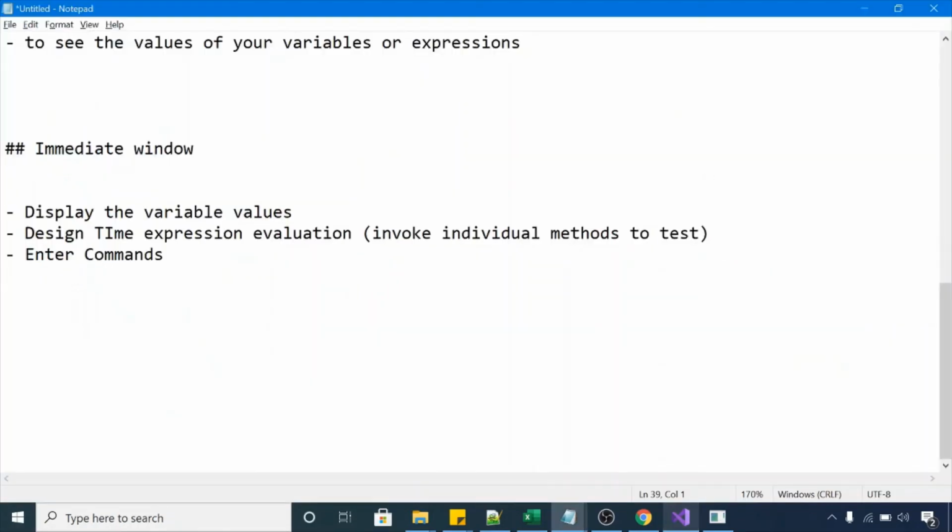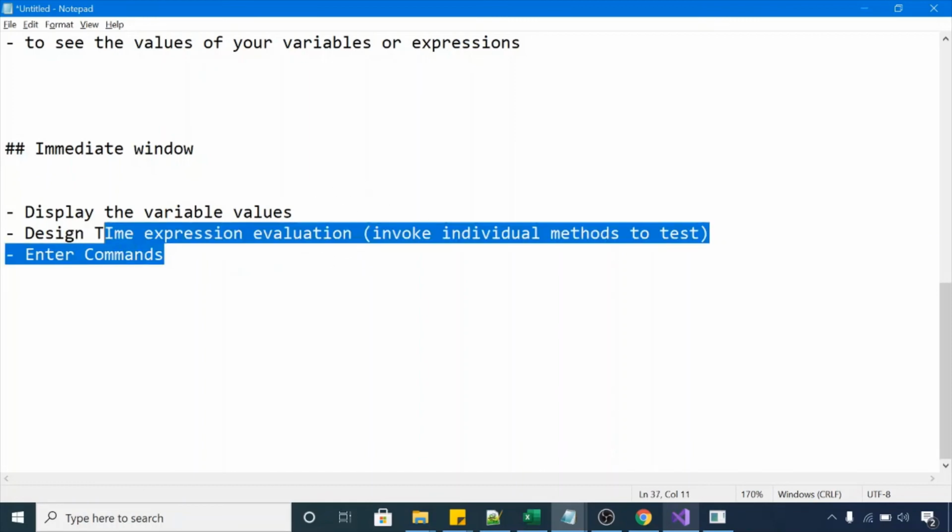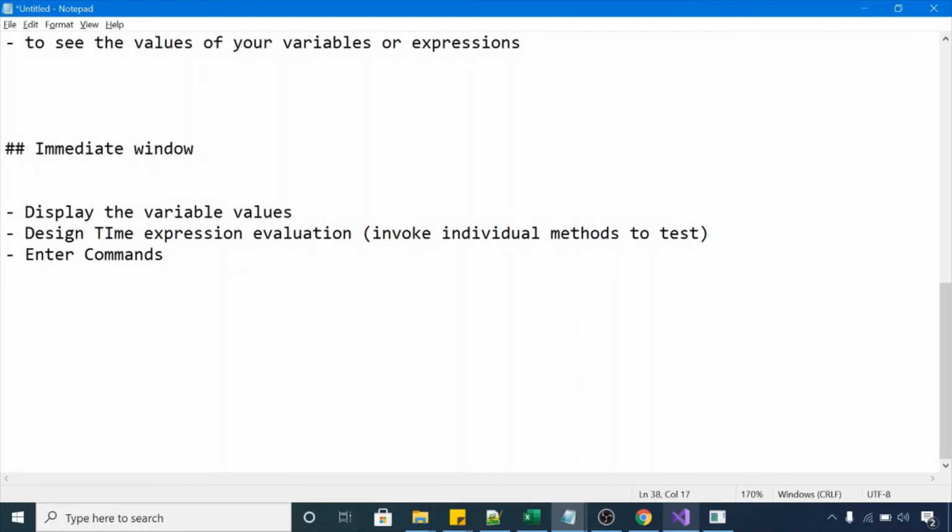In this session I showed you a demo of how to display variable values in the immediate window, how to use design time expression evaluation to invoke individual methods from the immediate window, and how to enter and evaluate expressions, constant expressions you can say, from your immediate window.